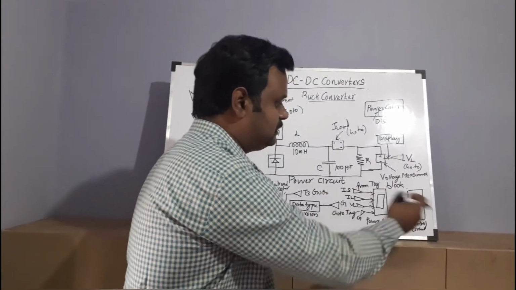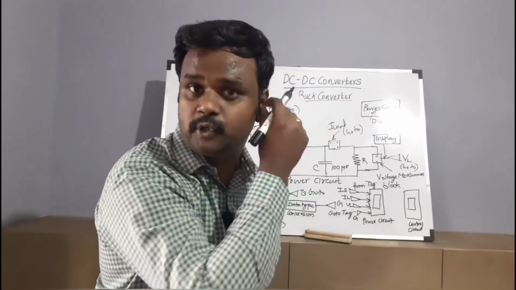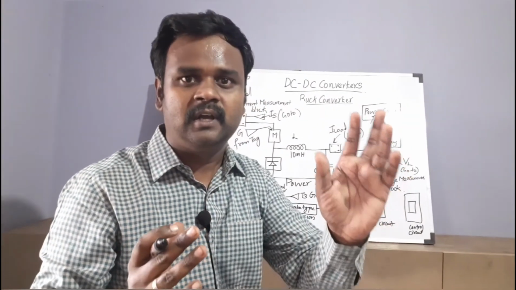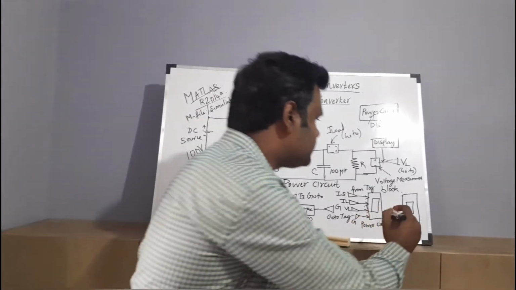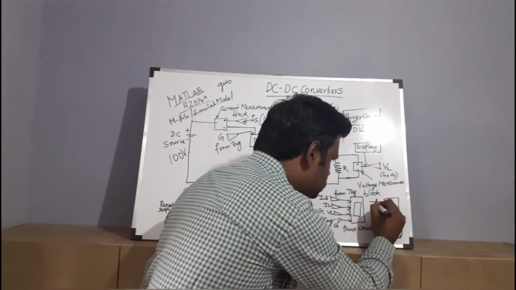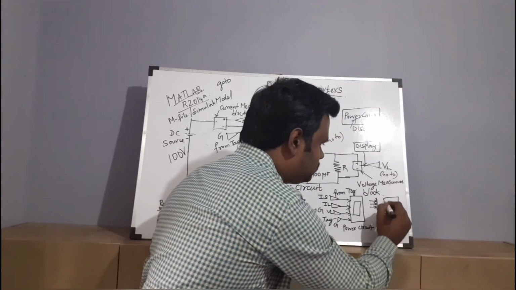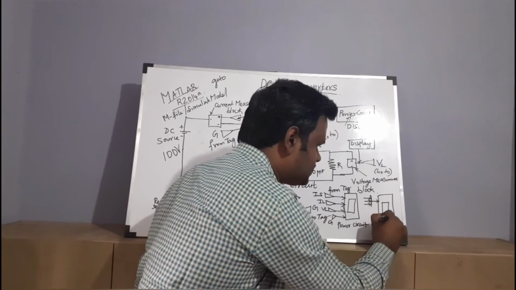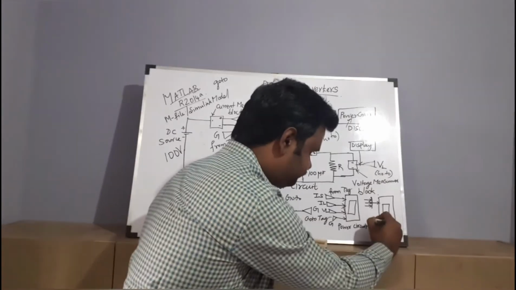Next let me draw the control circuit. In the control circuit I am going to use a mux. As we know, what is the purpose of a mux? Multiple inputs into a single output. I am going to use a mux here. In that mux I am going to provide 3 inputs, 1, 2, 3, and here I am going to use 2 axes, right? One axis from the mux and another axis for displaying the gate.